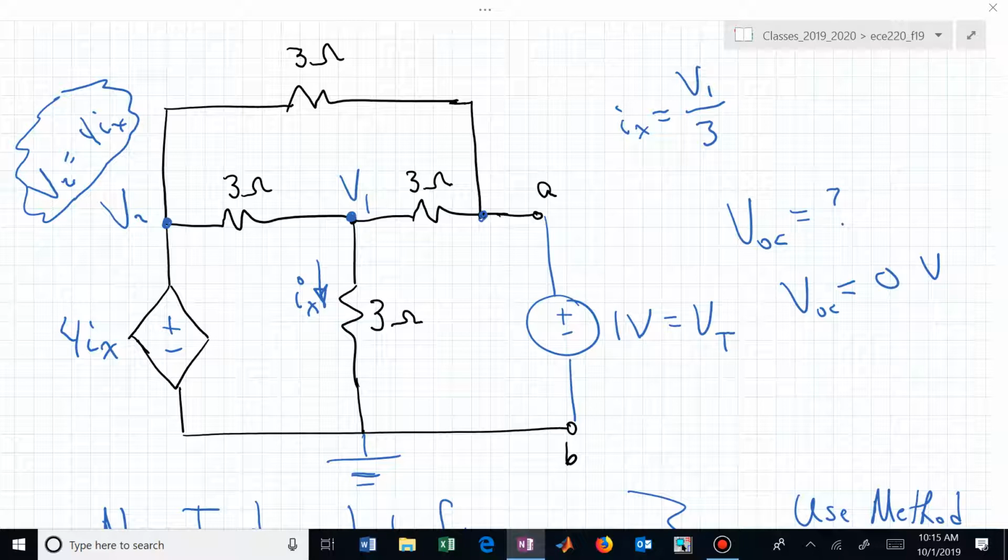So the only unknown we have is V1 in all of this. Let's now find V1 by KCL. Let's write a KCL equation at the V1 node. So we have this current, we have that current, and we have that current. The current going to the left